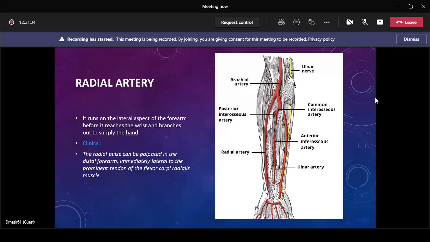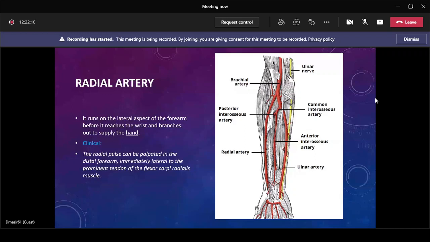And there's the interosseous recurrent, which arises from the common interosseous, which then gives the anterior interosseous and posterior interosseous. The interosseous recurrent takes part in anastomosis on the lateral aspect. From the lateral aspect, a radial collateral comes and a middle collateral comes, which is the descending branch of the profunda brachii. They take part in anastomosis around the lateral epicondyle here at this level.